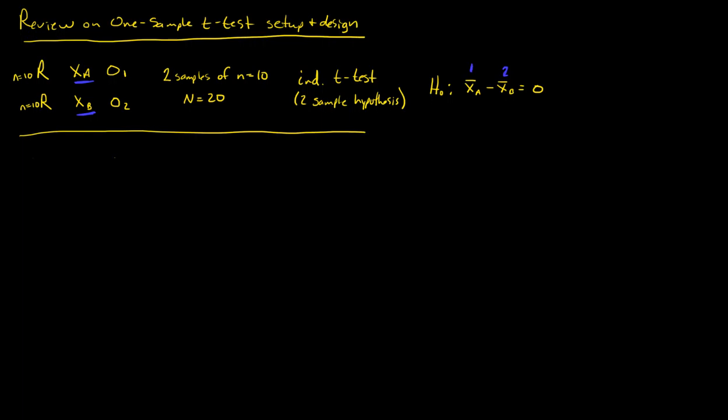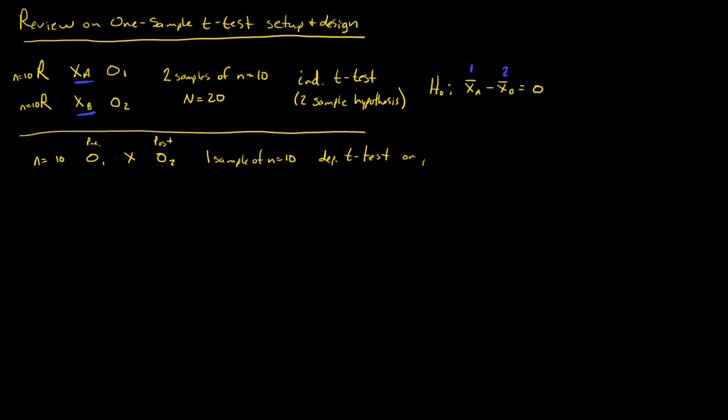For the dependent t-test, it can look more like this, I'll draw it this way first. You have maybe 10 people that come in and they get a pretest and an observation. They receive an intervention, maybe a weight loss supplement, and then they get their body mass measured again. So you have this pre and this post. The pre is entirely dependent on the post, so you have one sample of n equals 10, and we call this a dependent t-test